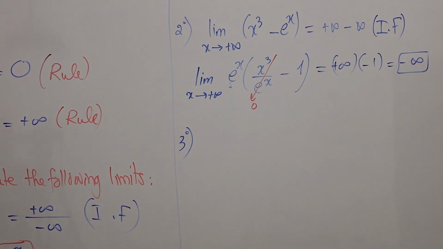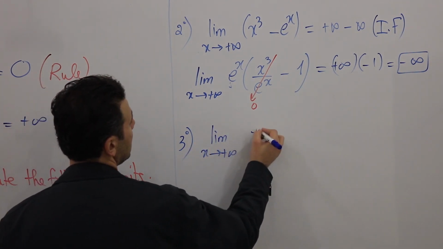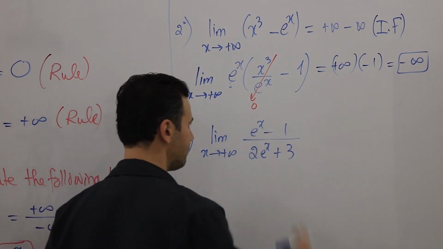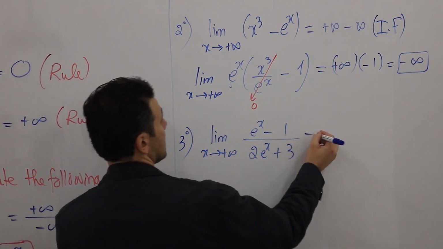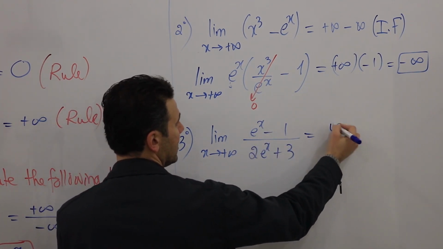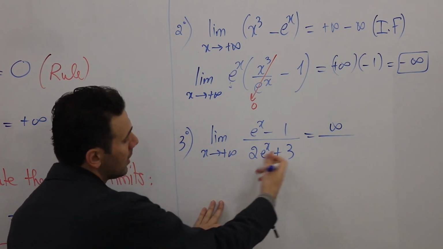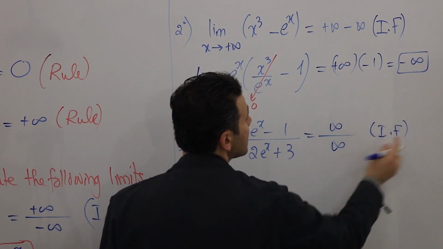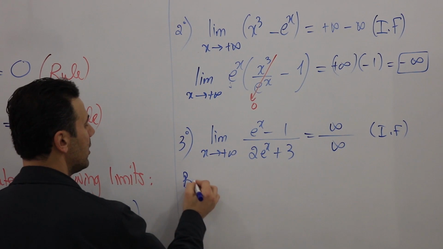What about if we have e^x minus 1 over, let's say, 2e^x plus 3? Again and again, we first directly substitute for the limit, letting x tend to infinity. This will be infinity minus 1, which is plus infinity, over 2 times infinity plus 3, which is infinity. Again, this is suitable for what? Yes, for L'Hopital's rule. By L'Hopital's rule,